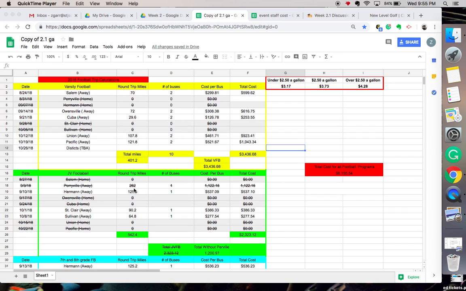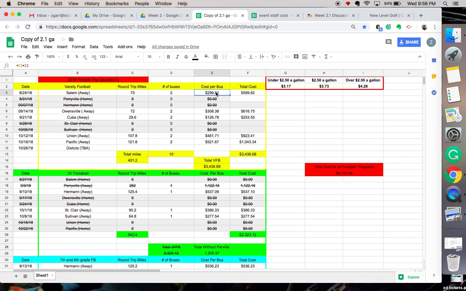To figure out the round trip miles, I went to Google Maps and typed it in from the high school or middle school, from where we were leaving, and figured out the round trips. Now, for varsity games, we always take 2 school buses, but I figured out the cost per bus. I figured this out once I found the round trip miles, like for Salem, 70 miles. I times